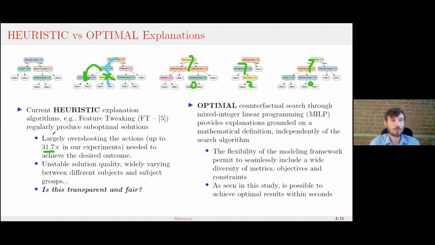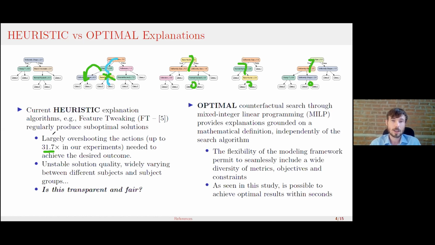So you may ask the following: is it fair and transparent to do that? I mean, if I give you counterfactual explanations that are highly unstable, that totally overshoot what you need to do, is it a real good recommendation? Is it something that is exploitable? I'm not certain. And since it's a heuristic, it can heavily depend on the initial point. So it depends on the subject. It can depend on the subject group. And we are back to the eternal question about, well, the fairness of all the methods that we designed for